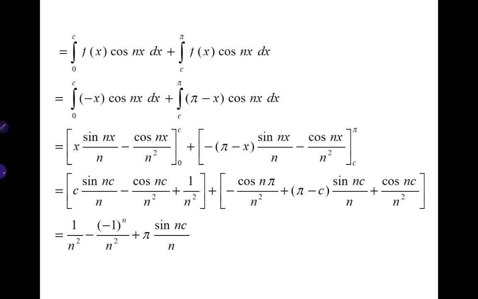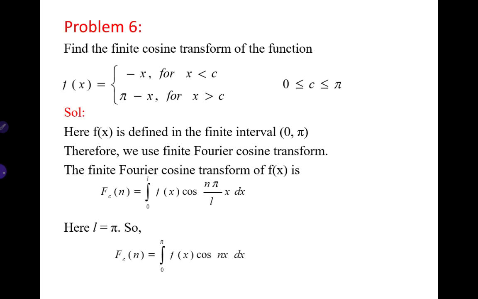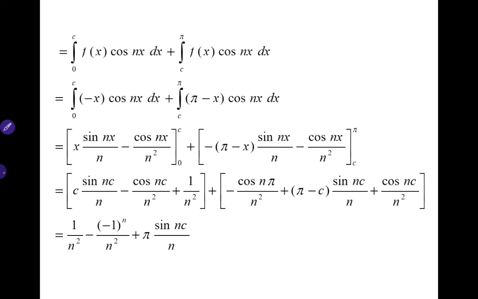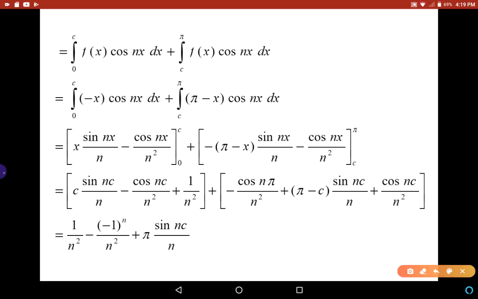Between 0 to c, f of x is minus x. And from c to pi, f of x is equal to pi minus x. So if we substitute the values of f of x here, we get 0 to c with f of x as minus x, and c to pi with f of x as pi minus x. So if we apply integration by parts here, we can get the next step, and if we substitute the limits,